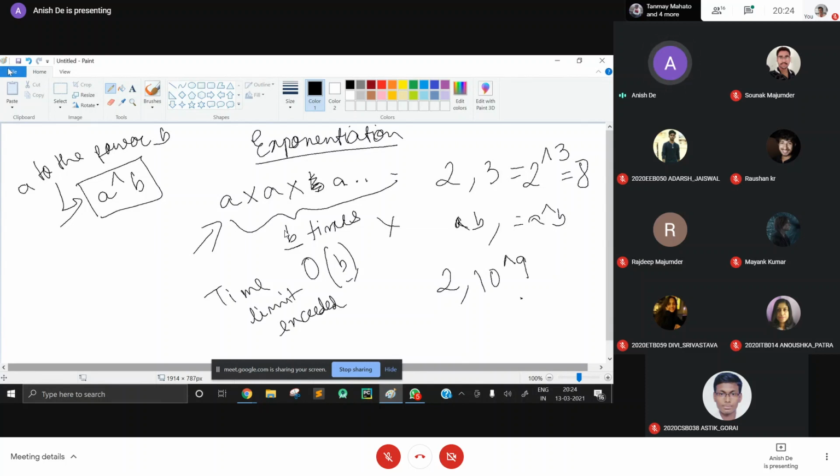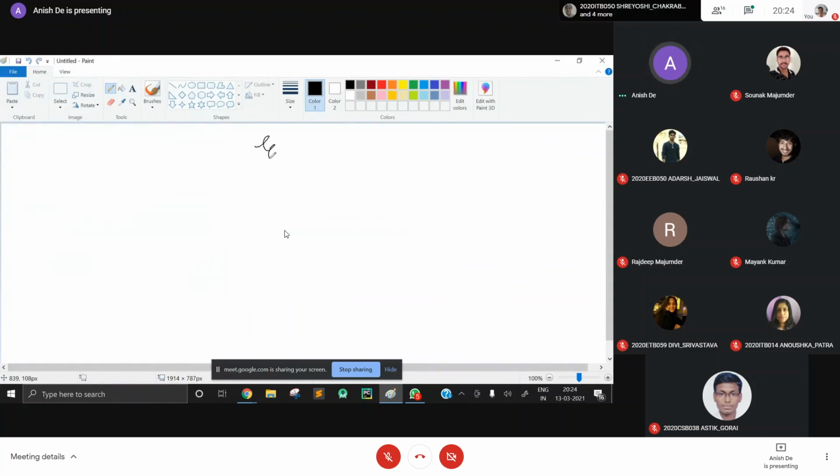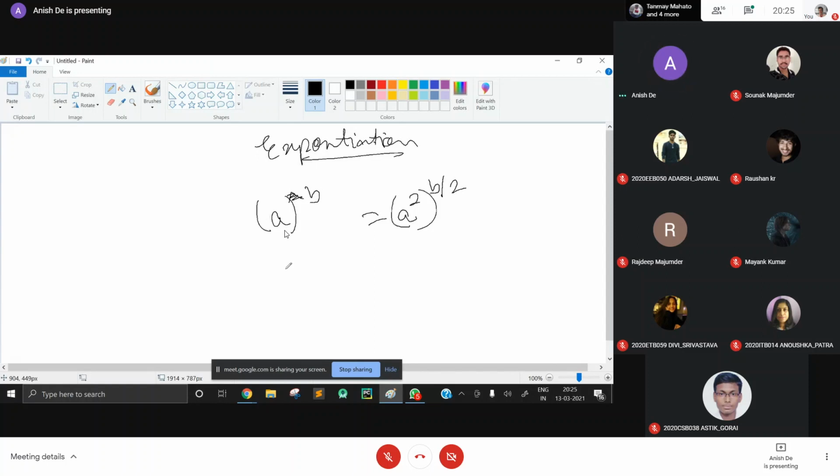So what we will do here is follow a more optimized approach. Now, one thing: a to the power b equals a squared to the power b by 2, isn't it? For example, 2 to the power 4 equals 2 squared to the power 4 by 2, which equals 16 to the power 1. So here it is a to the power 4, b by 4,